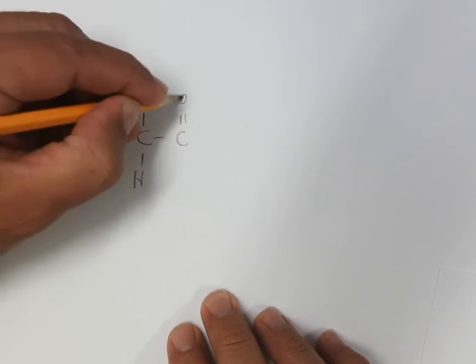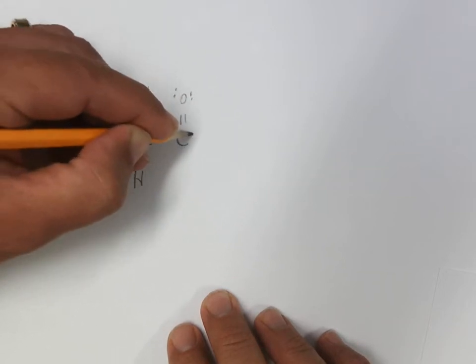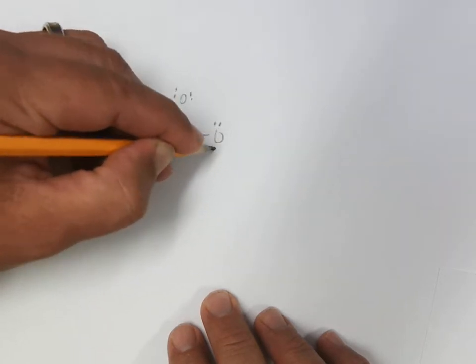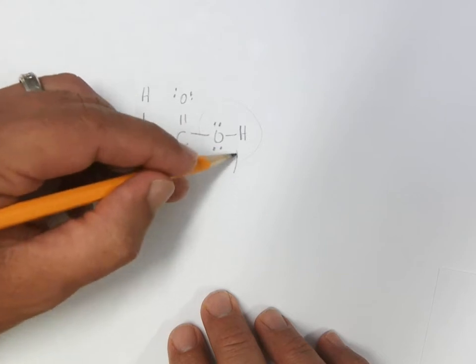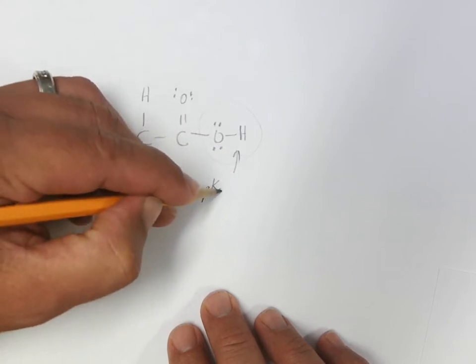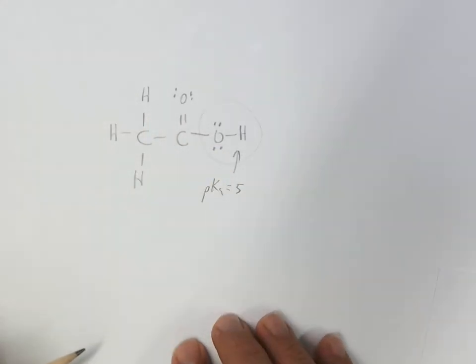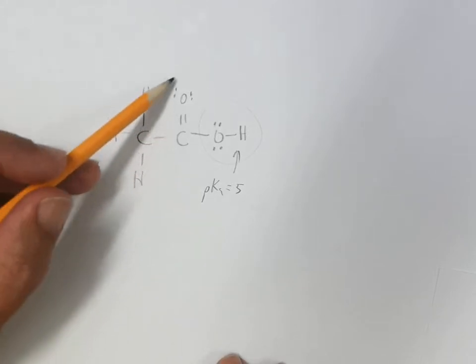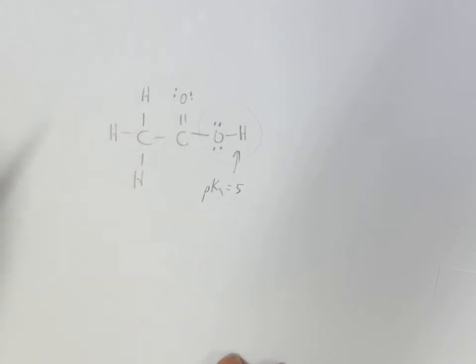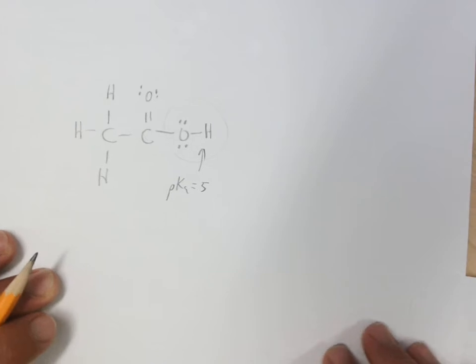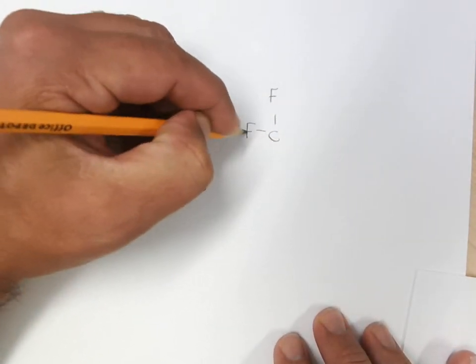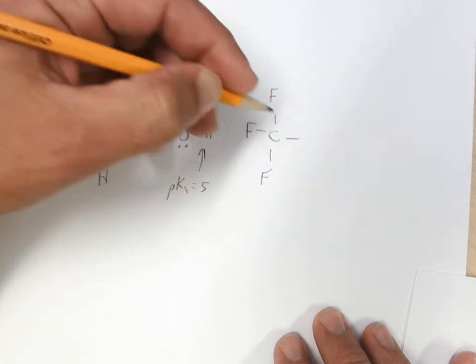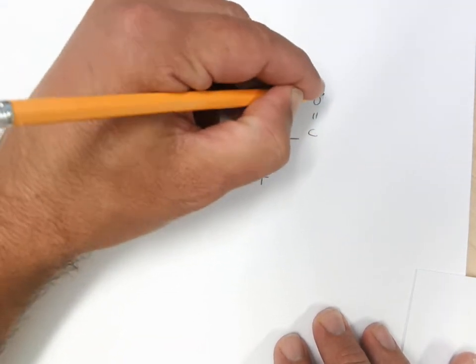So we'll talk about acetic acid and why this OH bond has such an acidic hydrogen on there with a pKa equals 5 due to the resonance, which also stabilizes the conjugate base. But that compared to if you put some fluorines in the molecule,